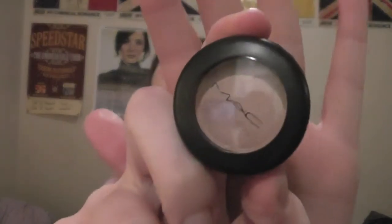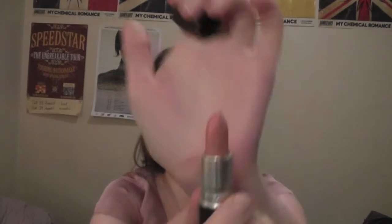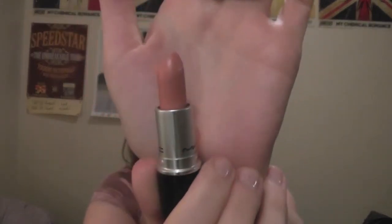This is my first fluid line actually. And I also got Naked Lunch because it's a colour that I've been wanting to get for a long time and just hadn't got around to it. So I need to depot that and put that in my palette. Also got the lipstick in Hue because everyone seems to be in love with this, and it's just a nice